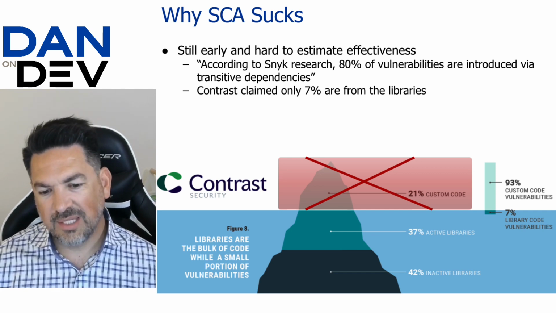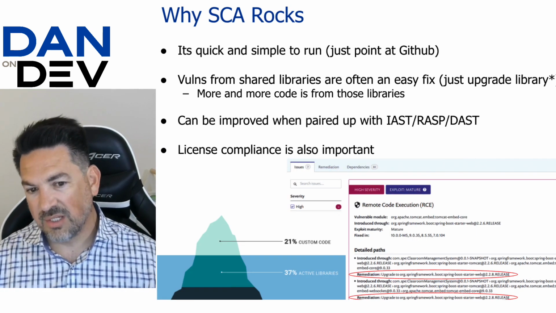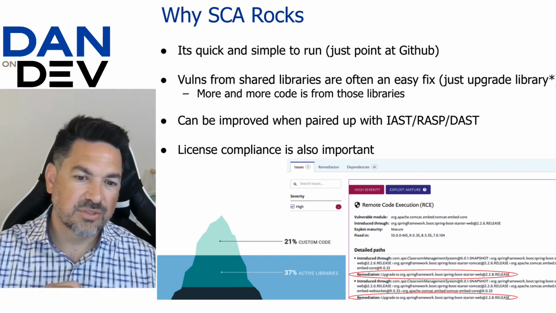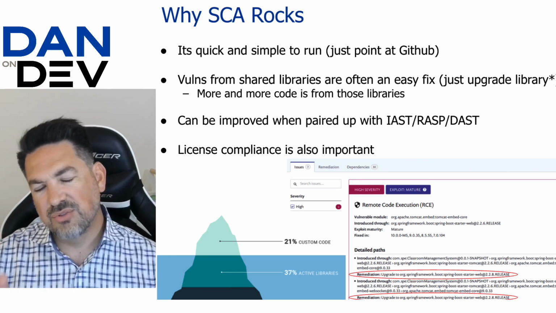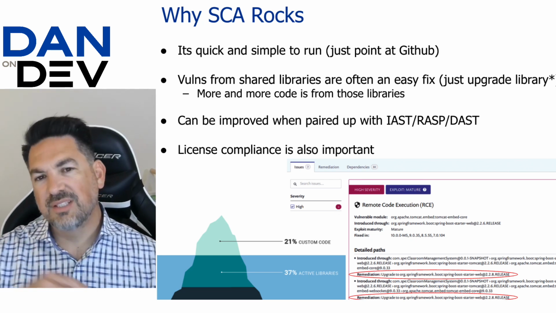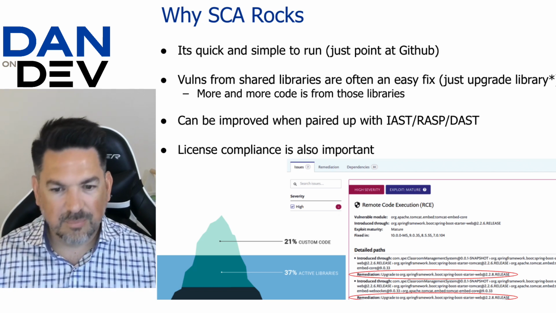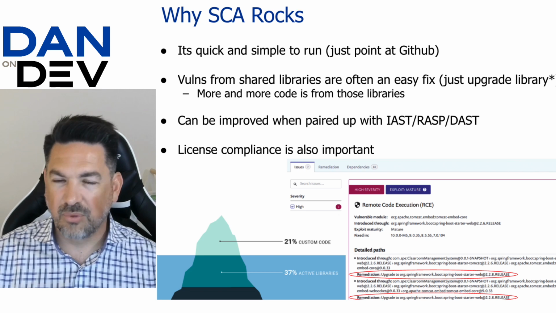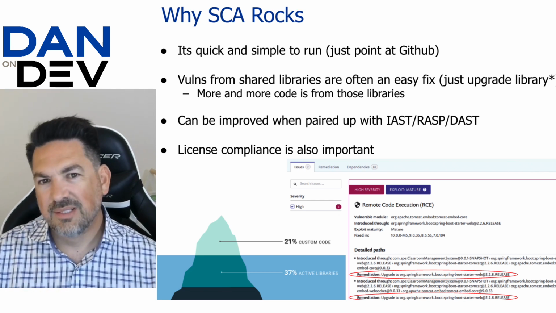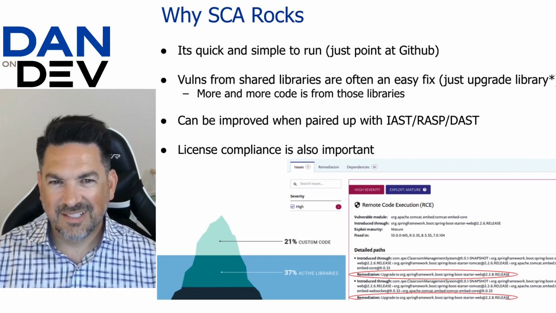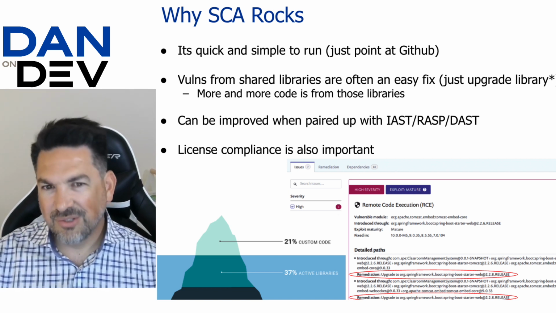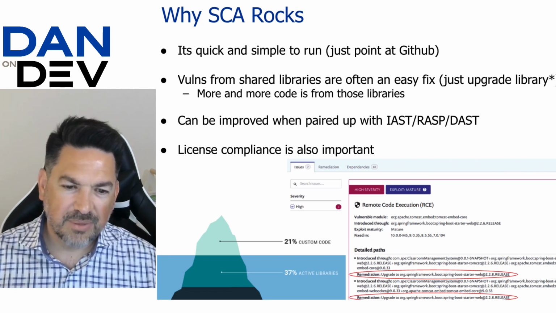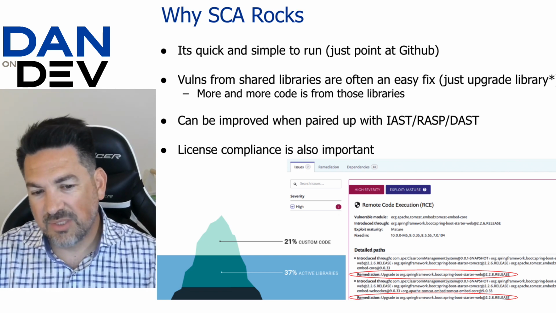Now let's flip. Another reason why it rocks is that it's generally very easy to run. You can point it at your GitHub repos, it'll run, it'll tell you what the issues are, and it'll show you which libraries you're using that are outdated and which ones need to be upgraded. That's generally easy to do. Once in a while, you'll have to upgrade and it'll break things. That's one downside of using third-party libraries, which may change their behavior. So you have to be careful when upgrading to the newest version of a library. But it's actually pretty easy.